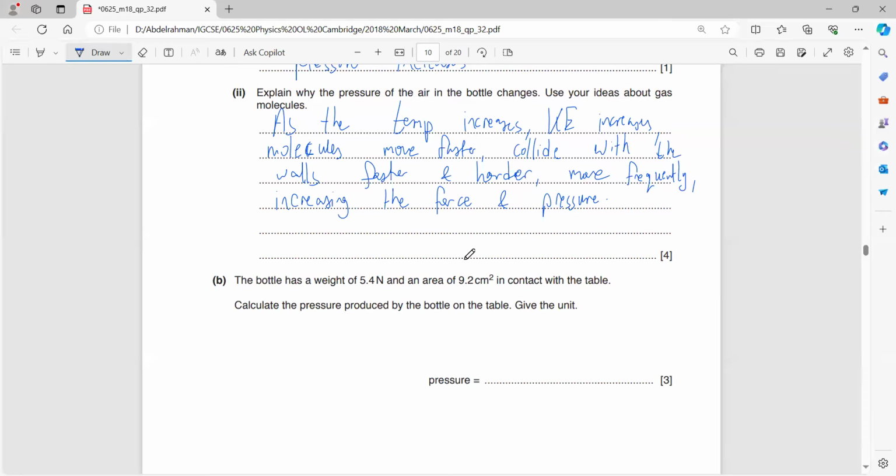The bottle has a weight of 5.4 and an area of 9.2. Calculate the pressure and give the unit. One of the easiest questions. Pressure equals force over area, and force is 5.4 over 9.2, which would give a pressure of